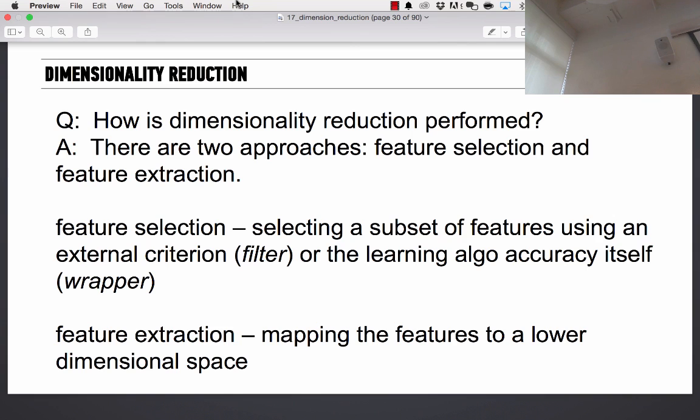Feature extraction is what we're going to be talking about today. Feature extraction is about mapping the features to a lower dimensional space. Taking a 3-dimensional image, all of us, and taking a photo, that's feature extraction. That's projecting 3 dimensions onto a 2-dimensional photo. That's not selection. I didn't just say, get rid of the z-axis. If you look at a photo, there's depth to it. Thanks Da Vinci for that, or around that time. We can now paint things with depth.